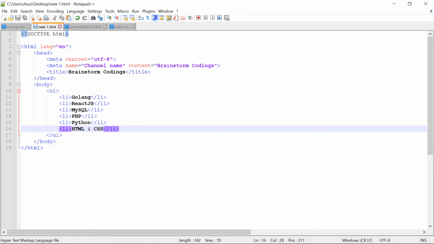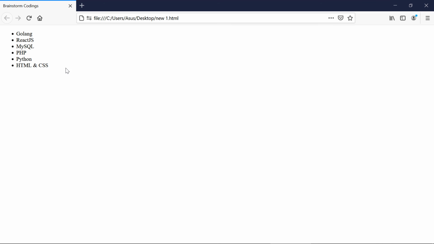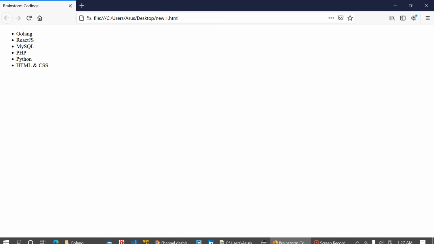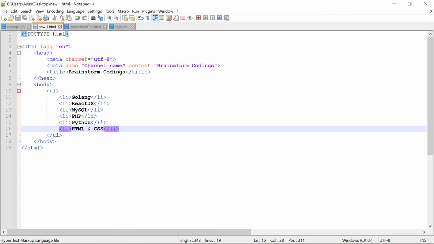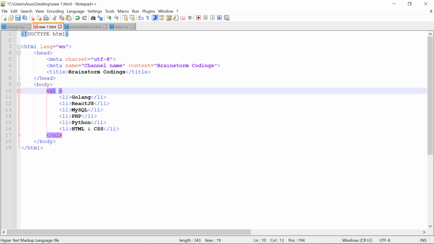Now if I save this file and refresh the page, we have the unordered list which has these bullets. We have a list of 6 different list items. If you want to change these bullets, we have an attribute known as type.